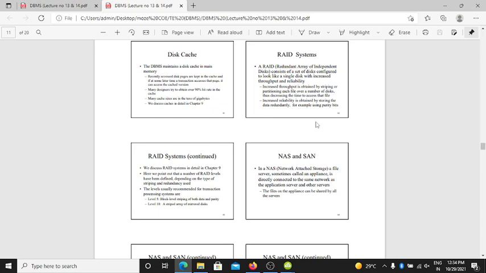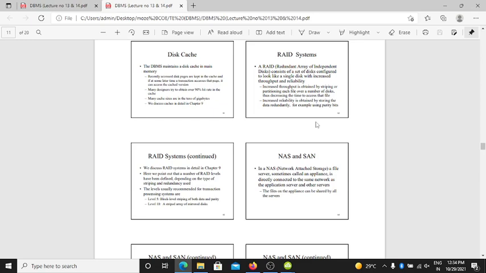RAID system. R for redundant, A for array, I for independent, and D for disk. RAID means redundant array of independent disks, which consists of a set of disks configured to look like a single disk with increased throughput and reliability.